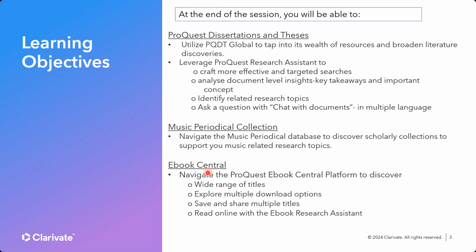And the third one is Ebook Central, which is a collection of ebooks. You can find books using a key term or the ISBN. You can use any terms to search for it, or you can browse it. You can download in PDF, you can download into Adobe Digital Editions, you can read online, you can download the entire book as a PDF, and you can save it to your bookshelf. So many things you can do with the book collection, so that you can use the information to support your research when it comes to making references. Okay, so this is what we have learned so far.